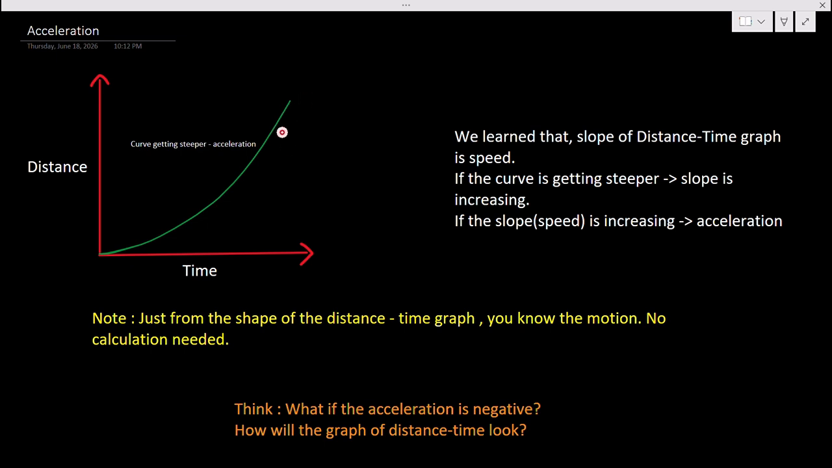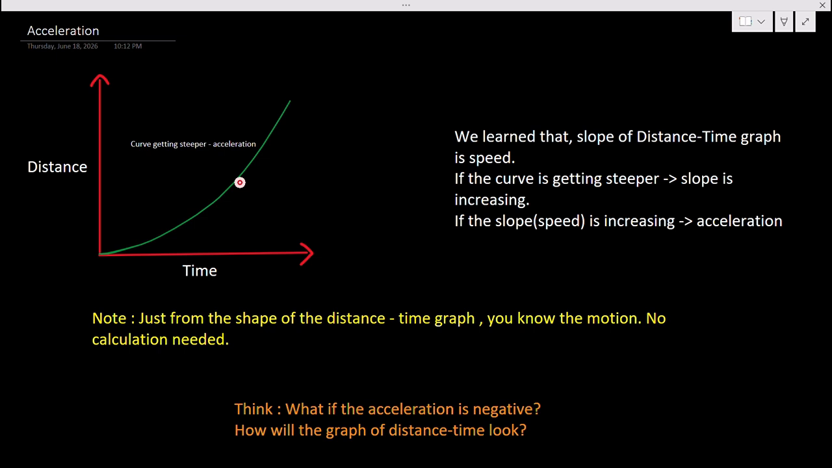Like it's covering more distance in lesser time. Here in this, it will cover the same distance in more time. So the slope is increasing. Basically, the speed is increasing. And what does that mean if the speed is increasing? It means the final speed is more than the initial speed, which means that